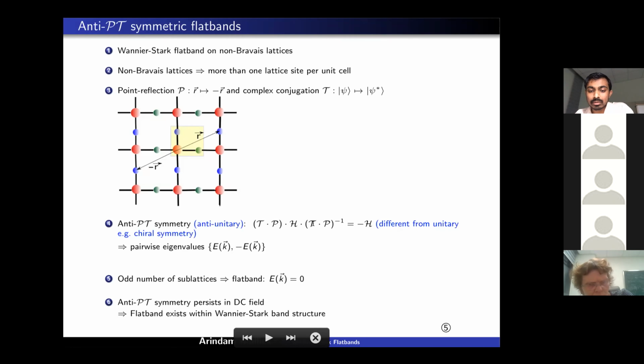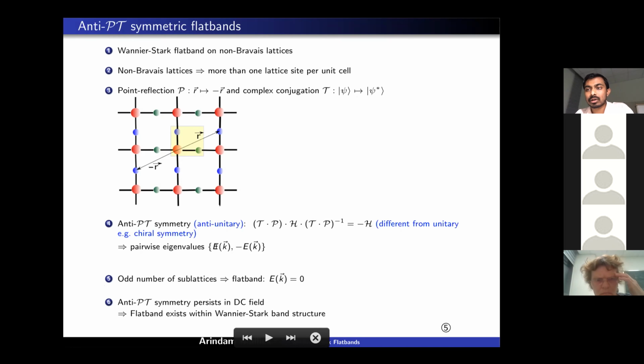Under this symmetry operation, the Hamiltonian changes its sign. So this is different from a unitary symmetry. Chiral symmetry is one example. Because of the presence of T, this complex conjugation operation, this is an anti-unitary symmetry. And because of this symmetry, we always get pairwise eigenvalues for each momentum. For each E, we have minus E. And in such a system, if we have an odd number of sublattices per unit cell,